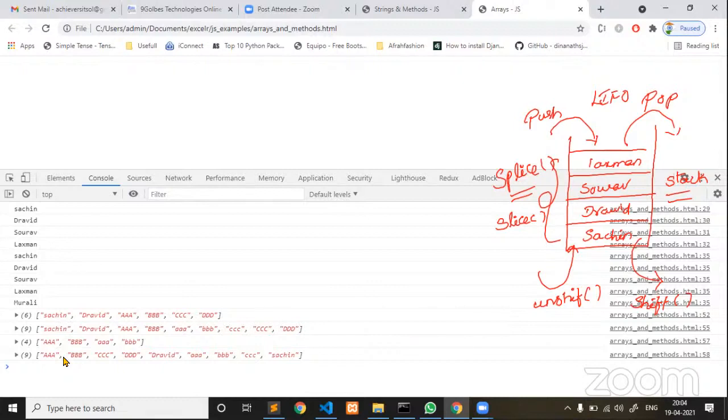In that case, if you take the small bag, you may not be able to handle all the books. In such a case, you must increase the container size. Similarly, if you are planning to store a single bit of information, go for a string. If you are planning to store a collection, a group of values in a single variable, it is better to go for an array. Every concept is very, very important.